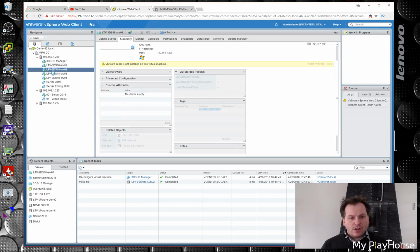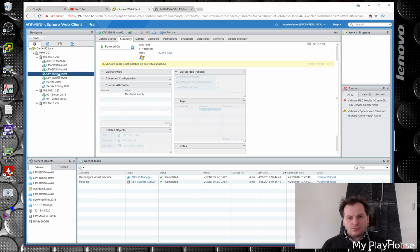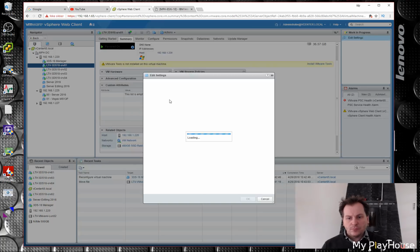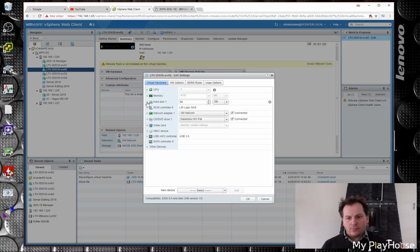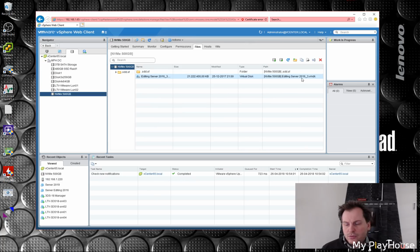So it's none of these servers. These other 4 servers are brand new, and I'm pretty sure that I did not put any of those on the SSD. I'll just check that to be totally sure. Okay, I changed browser. Chrome kept kicking me out because of this certificate error. And edit server 2016. Unfortunately, I have made a lot of servers with that name, so I think we're just gonna delete that,